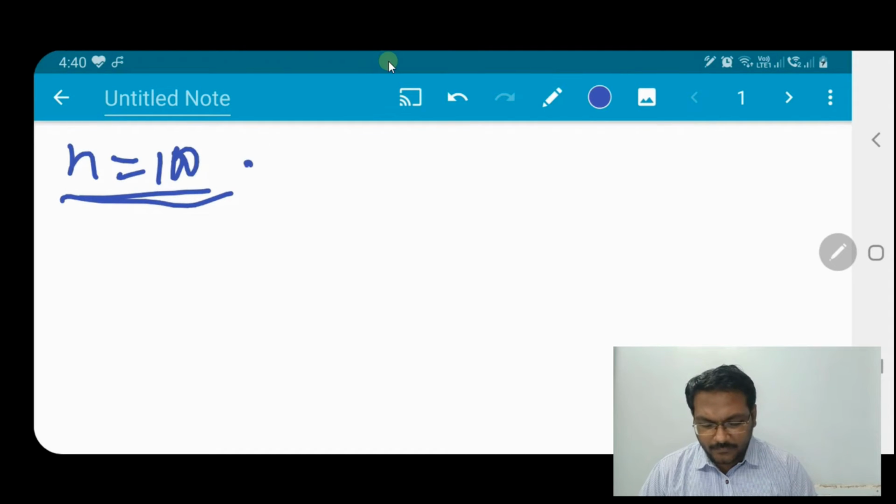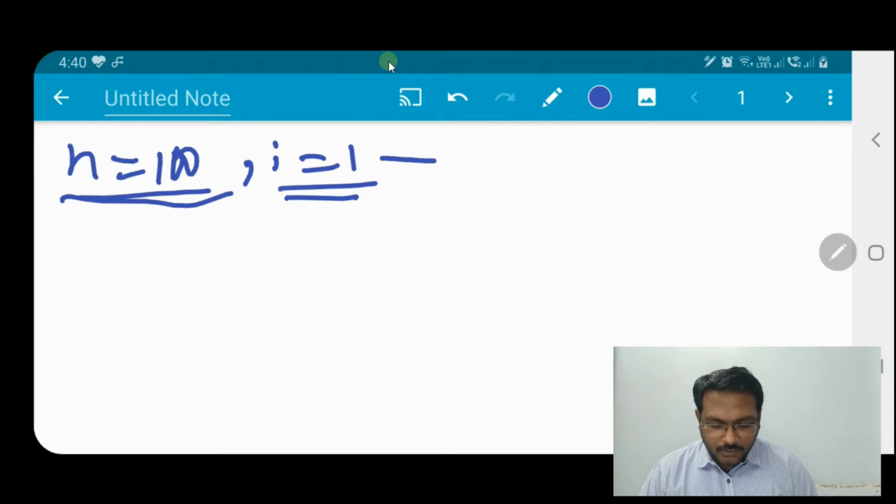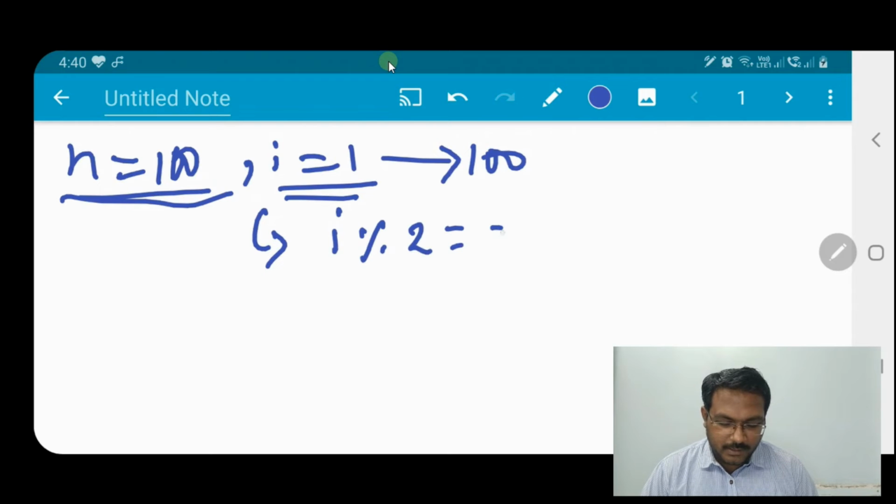So we can take another variable i, which will be equal to 1, and this variable i will continue from 1 to 100, and in each step we will check whether i is divisible by 2 or not.